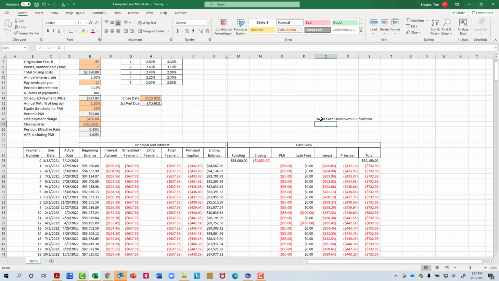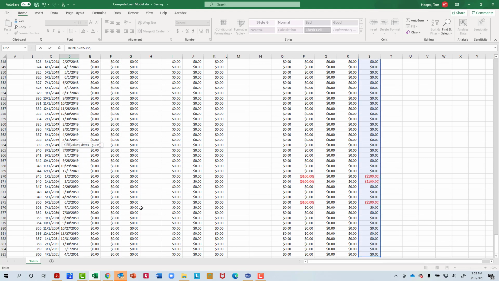In fact, I think I'll move that right here so we can see it easily. Equals. Use, instead of the IRR function, the XIRR function for these cash flows. Control Shift down, comma, and these dates. Control Shift up,